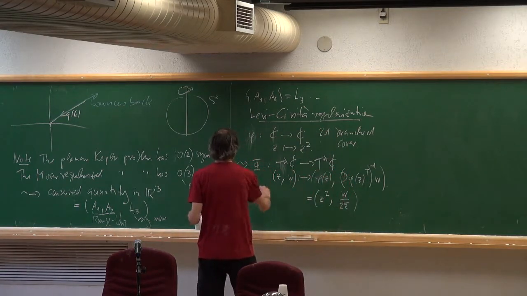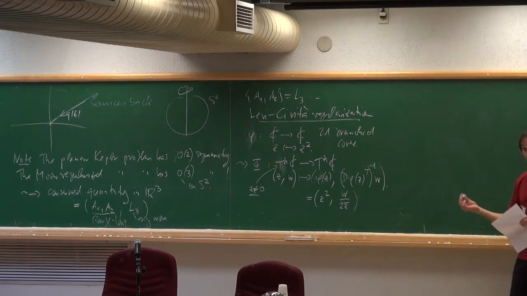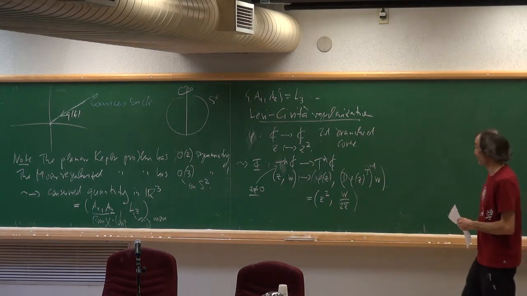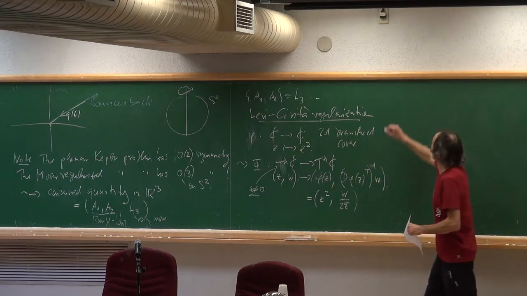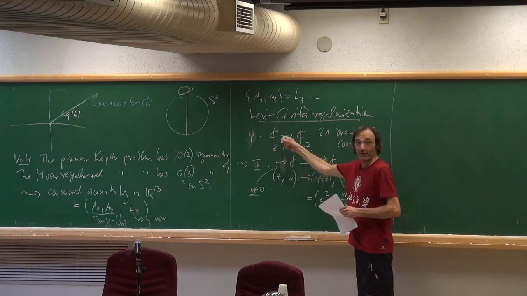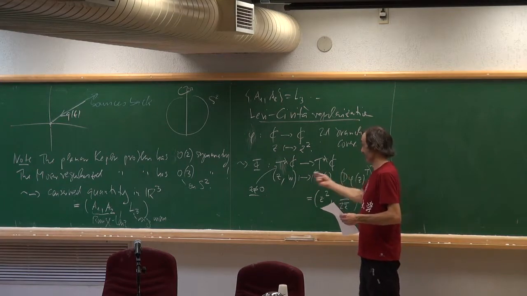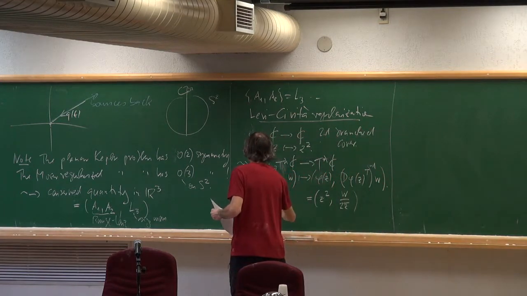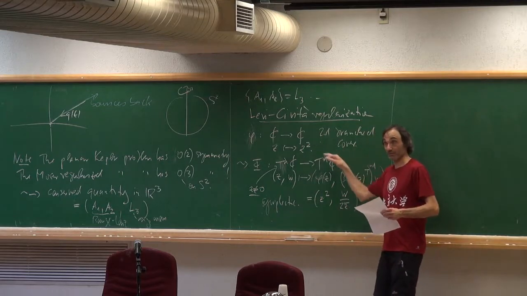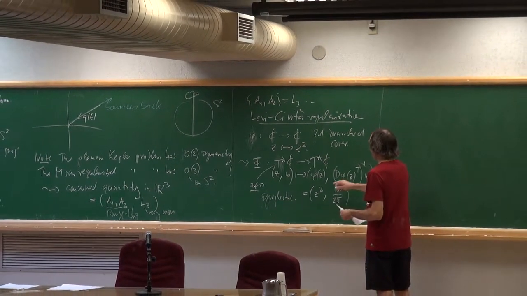So let's say we do it only outside of the origin, where z is not 0. Something is happening at the origin, and that's what we want, because we want to regularize collisions at the origin. And you can check, if you take any diffeomorphism of the positions, you lift it by its cotangent map. That's always a symplectomorphism of the standard symplectic structure. So this is always symplectic. This is not quite a diffeomorphism, but locally it's a local diffeomorphism. It's 2 to 1, which is good enough. And now let's compute the